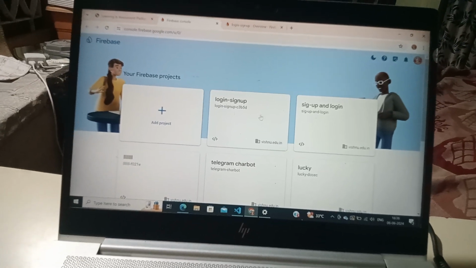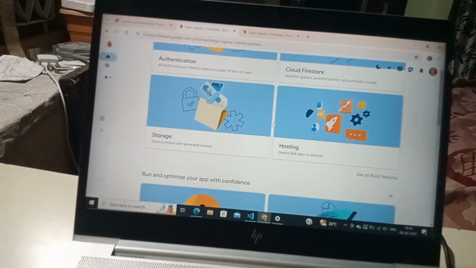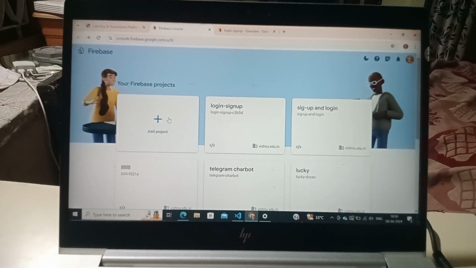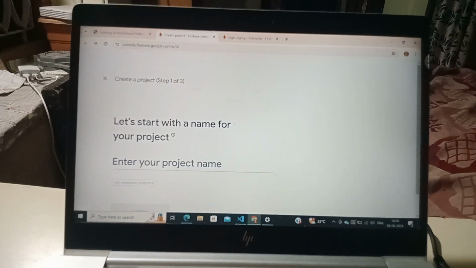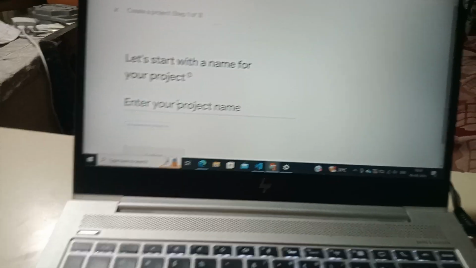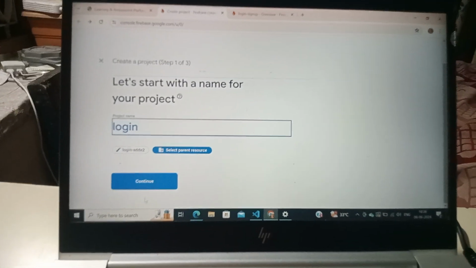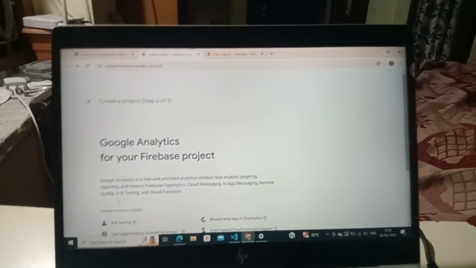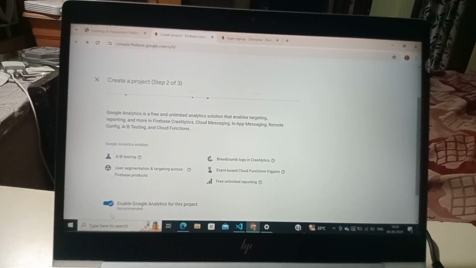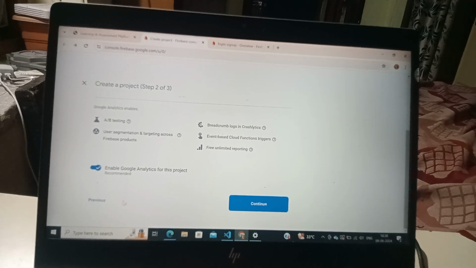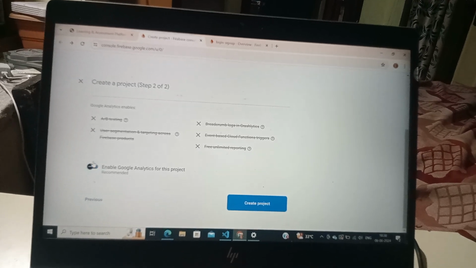Now we will see how to connect with Firebase. First of all, add a project. Give the project name. I give it as login. In the second step, we will disable Google Assistant.